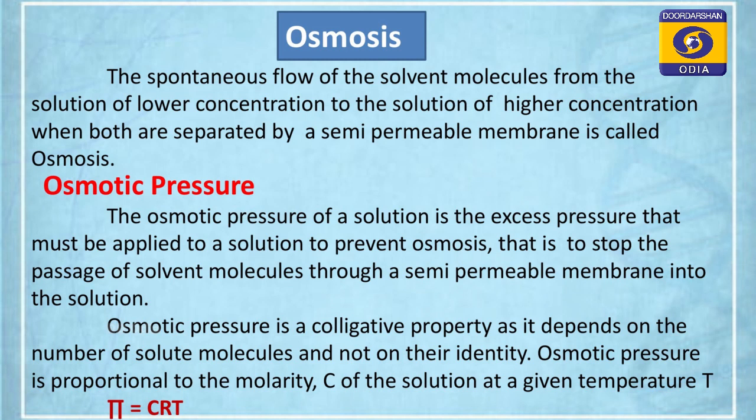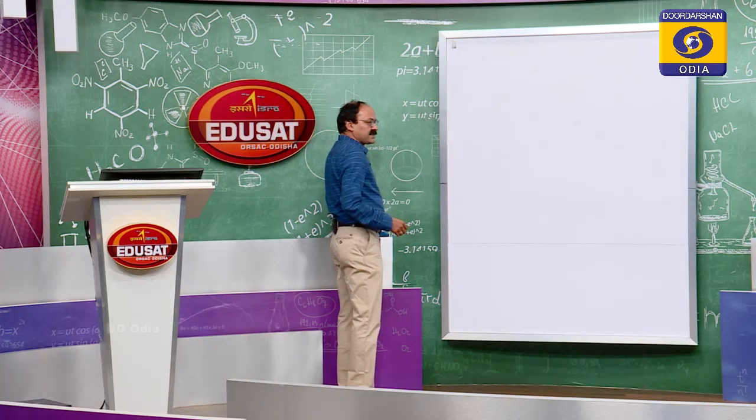That is, when the solvent and the solution are separated by a semi permeable membrane, the solvent molecules will automatically, that is spontaneously, start flowing towards the solution side. This is called osmosis. In order to illustrate what osmosis is, I will give you a very interesting example. You take two eggs.